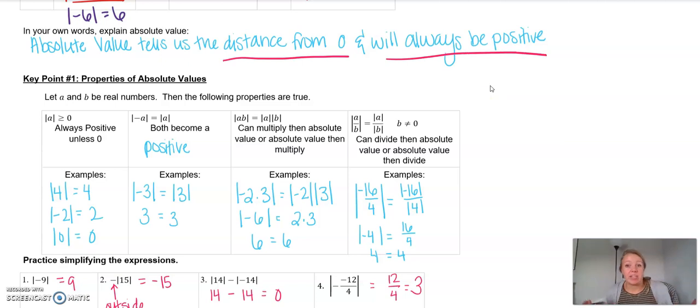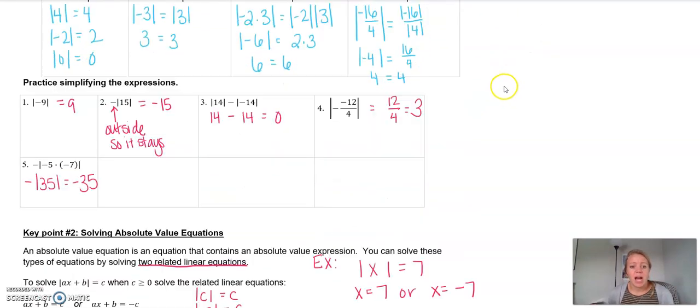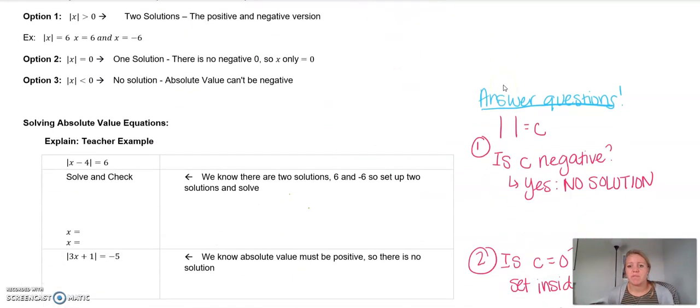I want you to think about if you're driving from your house to McDonald's, say you're going south, right? Which is the downside. You don't say you're -5 miles away from McDonald's, you just say you're 5 miles away. So think about absolute value as just a distance. We only care about this distance from 0 or some other point. So we don't care if it's positive or negative, we just want to know how far away it is. Feel free to pause this at some point and go through your own notes, but let's go ahead and start figuring out how to